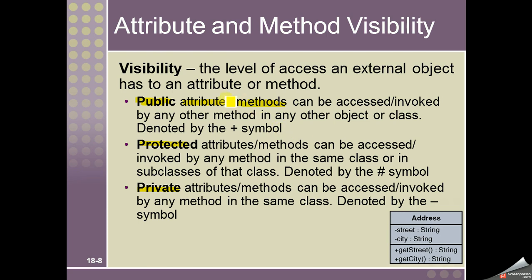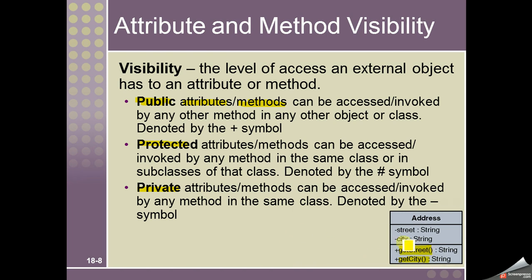Public means these attributes or the methods can be accessed by any other method in any other object or class. So mostly the getters and setters are declared as public methods. Any object from any other class can call this class to get the data or to set the data